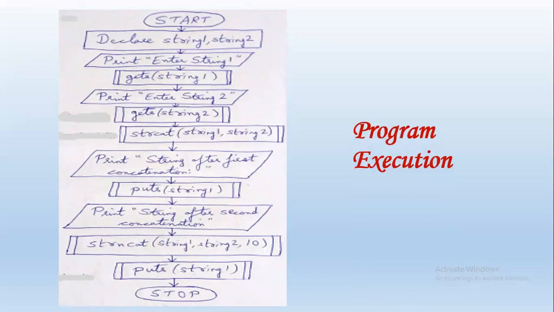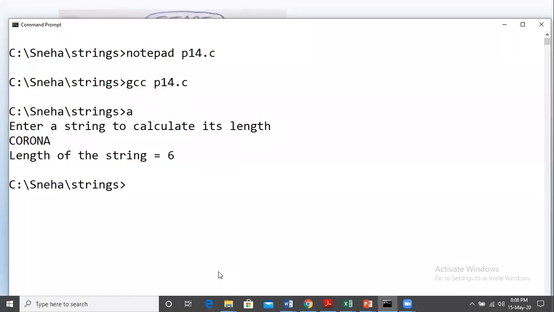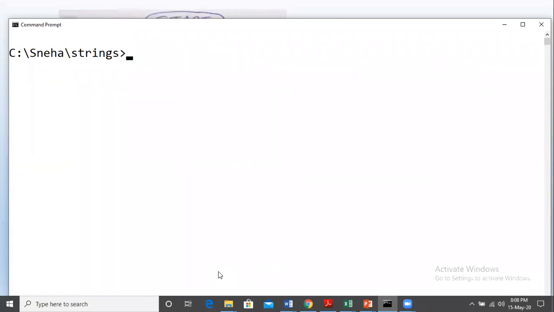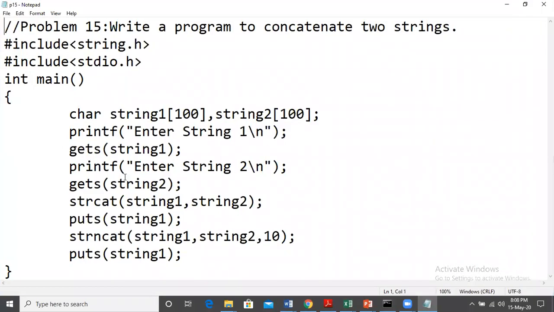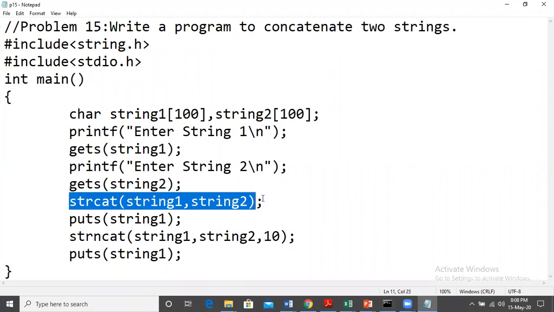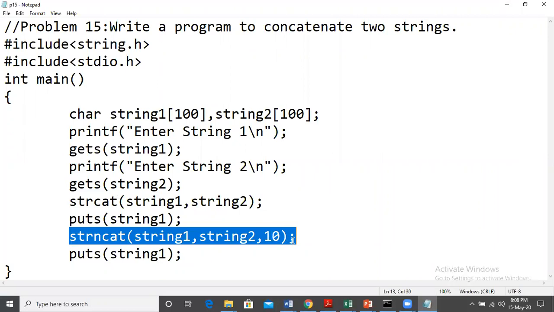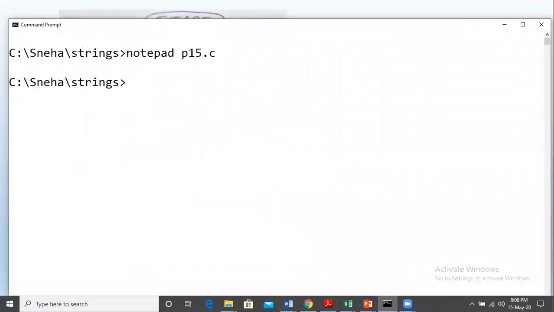So let's execute this and see how it works. Clear screen. We have question number 15. So this is to concatenate two strings using the built-in functions strcat and strncat. So exact same program we have here. So let us say we take the program.